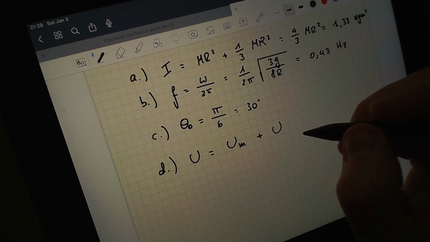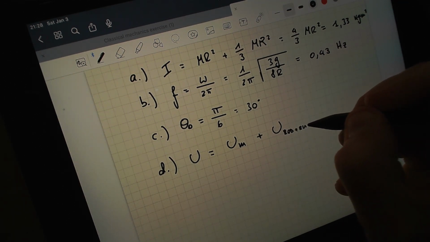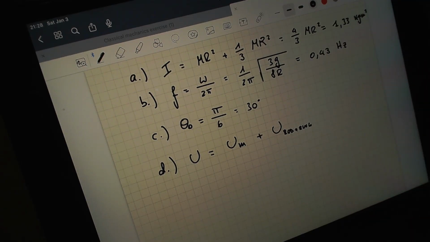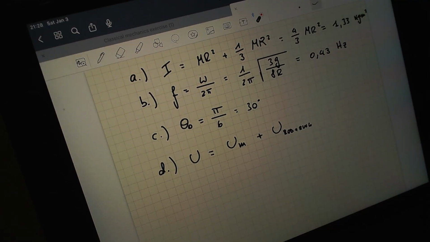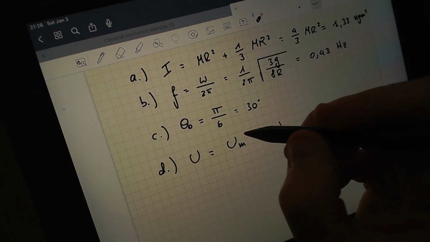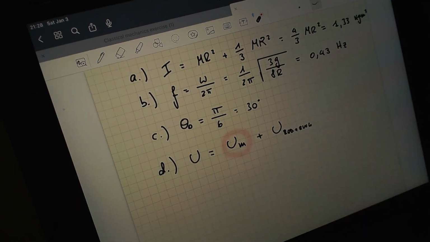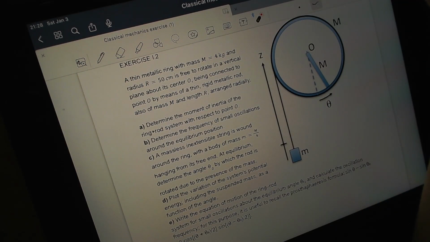So here maybe we can write U rod plus ring. This is the total energy of the system, and we have to keep in mind that the energy of the system is defined up to a constant. This is important because if we want to determine the potential energy of the mass m,